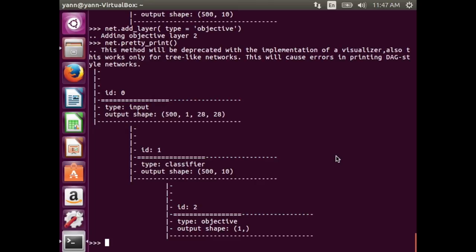So the network now has three layers. Layer 1 is a softmax classifier layer that comes from layer 0, and then layer 2 is supplied by layer 1, which has an output shape of 1. Why does it have an output shape of 1? Yeah, so it's the average error for the entire mini batch. So the output shape of 1, if you remember the question from your exam or from the class, has a